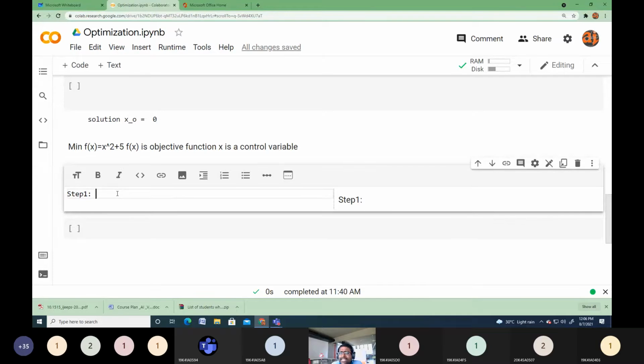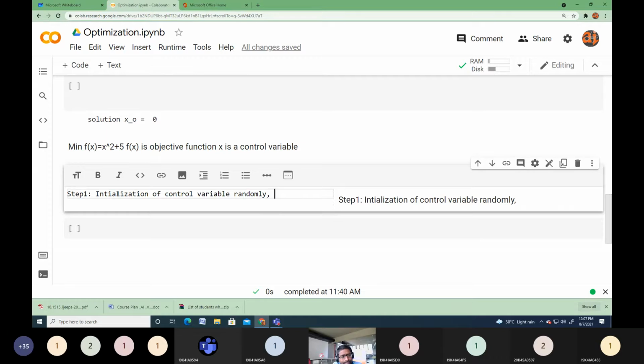That means initialization of a control variable randomly, right? What else?